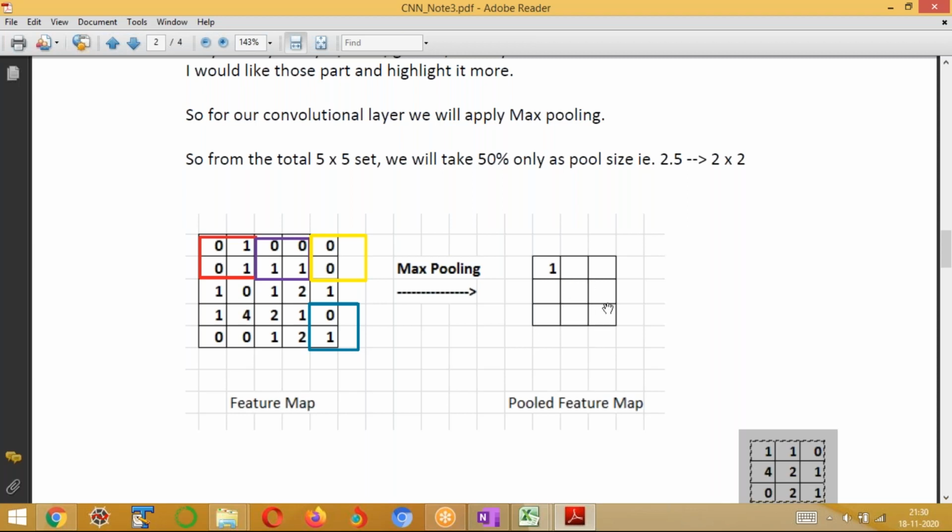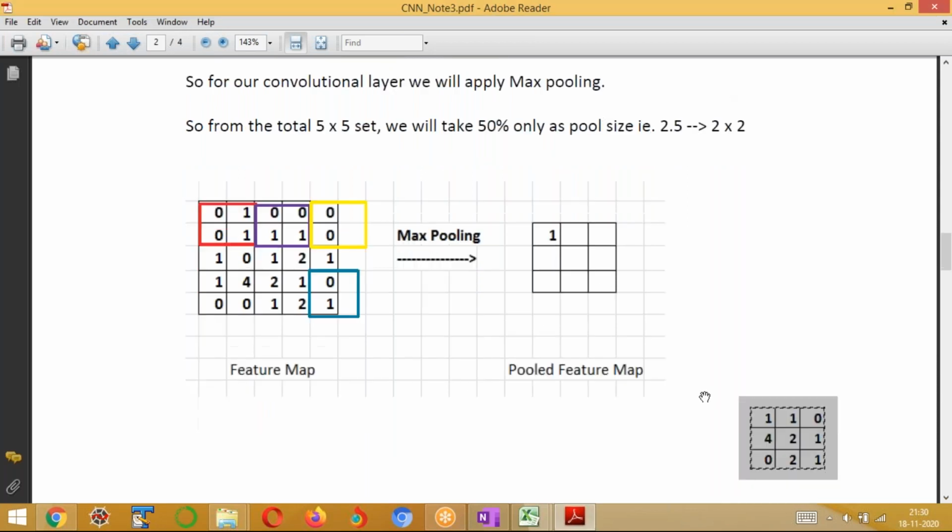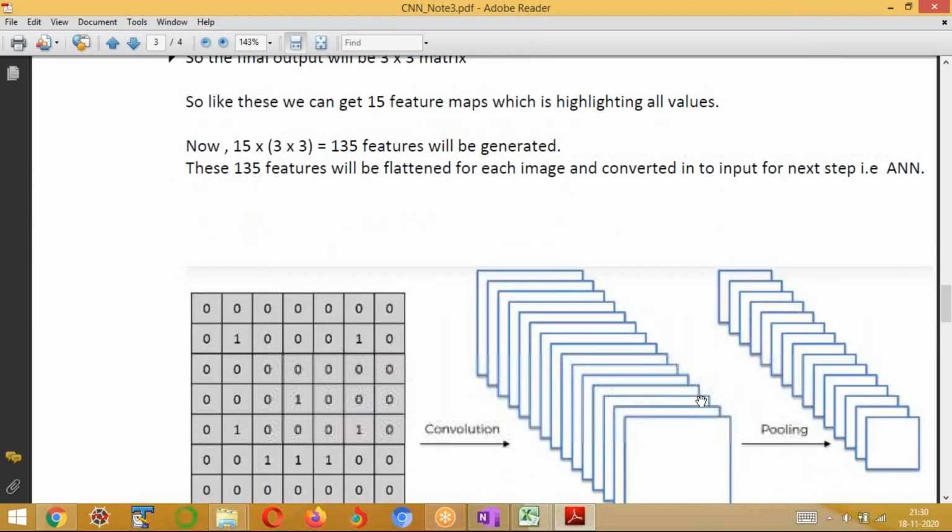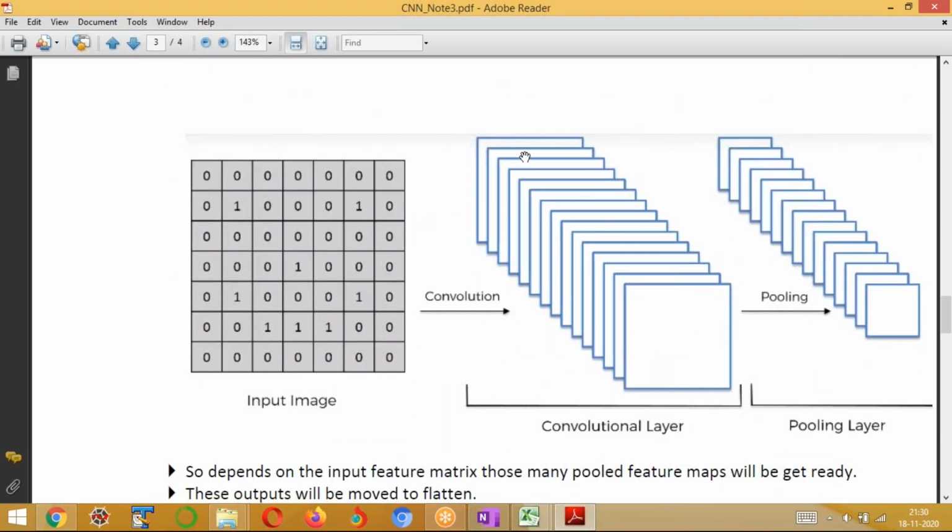All right. If I put 15 feature detectors, how many pooled feature maps will be generated? 15, no? Like this. Look out here. Now you're able to follow. Here you will have 15 feature detectors. So every feature detector will have one max pool layer. So 15